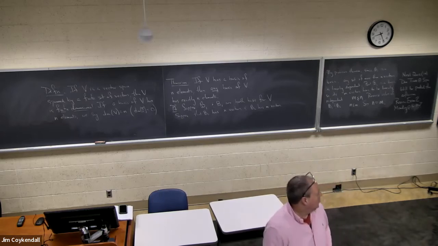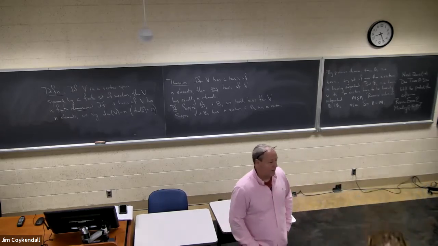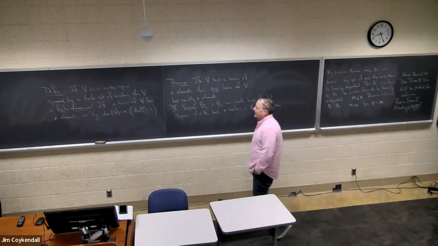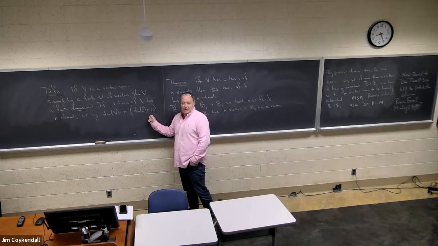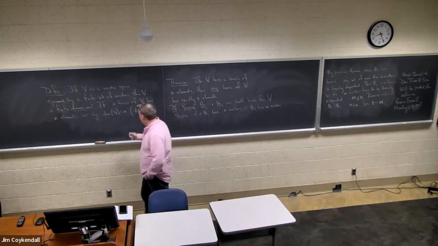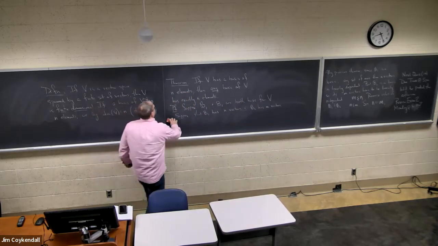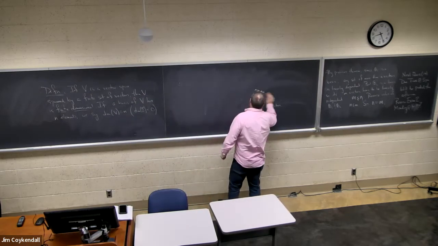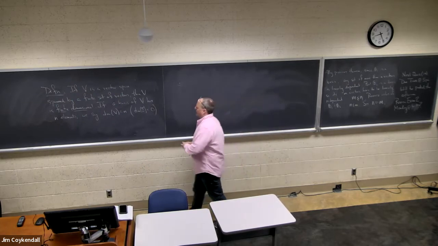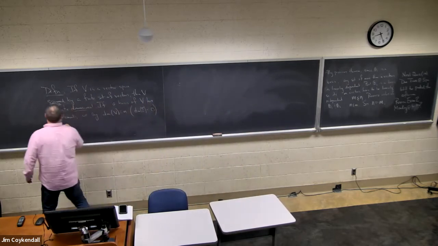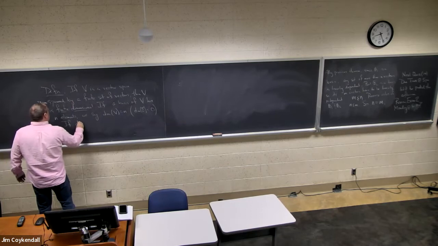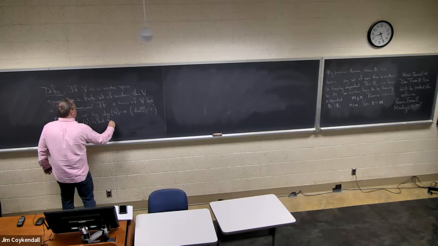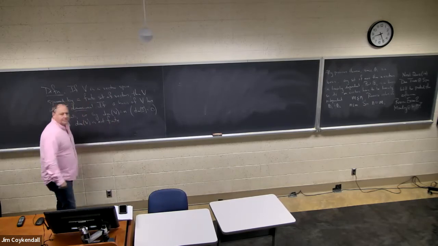There are no linearly independent elements in that set, and so we say the dimension of the zero vector space is just zero, because there are no elements in these spaces. If the dimension is not finite,